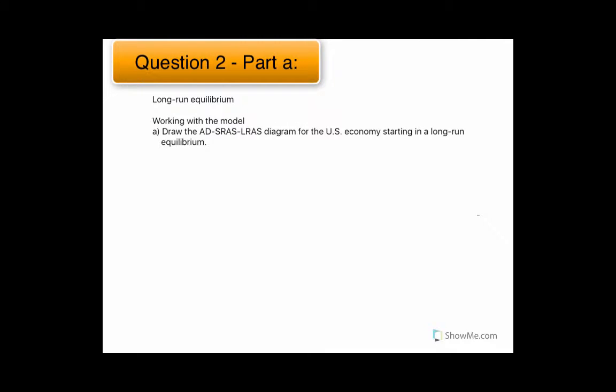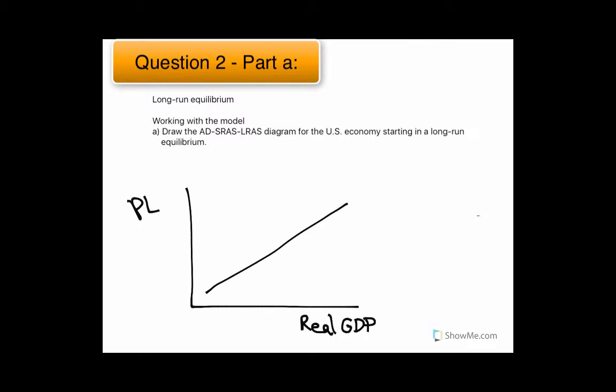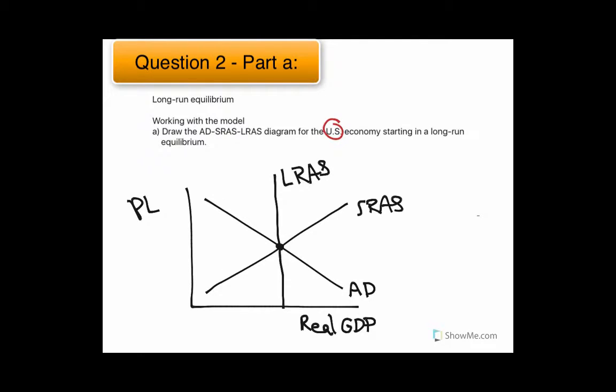Okay, so now we have a different question. First it just wants us to draw the short-run and long-run equilibrium, which we've been doing. So same thing as before. Price level here, we have short-run aggregate supply, aggregate demand, and then we know that we're in long-run equilibrium, so this long-run aggregate supply is a vertical line that goes right through this intersection. Also note that it says we're talking about the U.S. economy, so this will be relevant